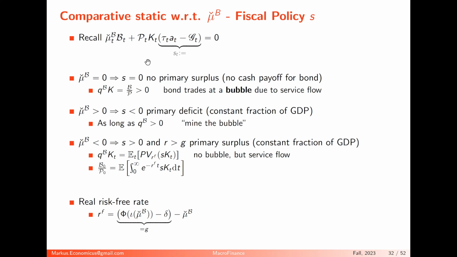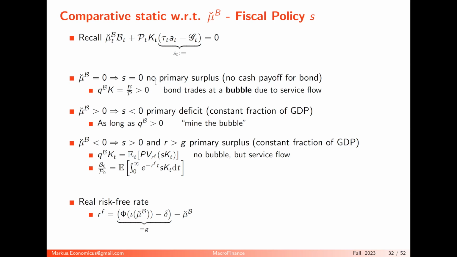Now, in this case, the primary surplus is 0, but it is still a valuable government bond. This was the example with Allen and Beth we had initially. The primary surplus is 0. If you hold all the government bonds, you never get any cash flow. The primary surplus is always 0. But you like this bond because it helps you to retrade and to insure. Allen and Beth like it because they can insure themselves. So it has positive value, even though it's 0 cash flow. So the bond trades at a bubble.